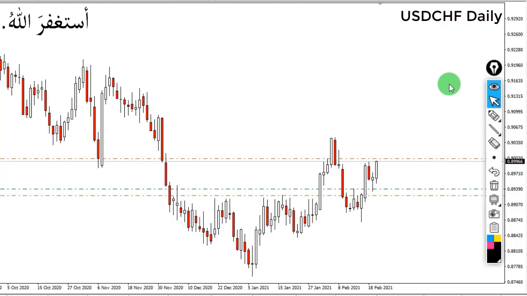So let's get started. I am on the USD CHF chart and this is the daily time frame. Let's talk about how I took this trade. I took this trade on both methods, price action and supply and demand. So let's talk about how price action gave me favor for this trade, then we will talk about how the supply and demand trading method works for this trade. First of all, we will discuss price action trading.